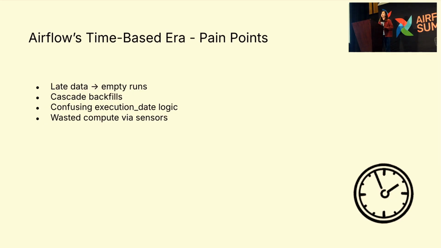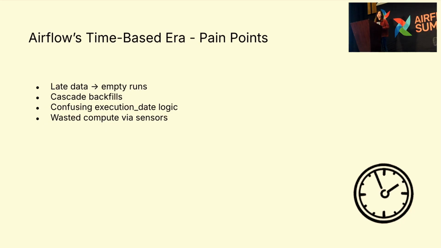And this is really painful, especially as the chain gets longer and longer. And the third is that the execution date logic is pretty confusing because the Airflow scheduler historically runs a job after the period ends. So for example, if we have a daily job that's scheduled for, let's say, 1st of January 2025, it actually kickstarts the run right after midnight at the end of 1st of January. So sometimes it's confusing to see a DAG running on today's run, but it's showing yesterday's date.